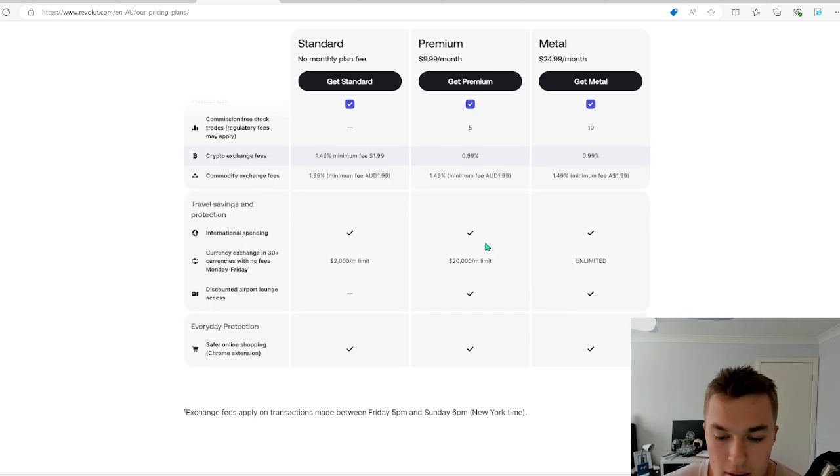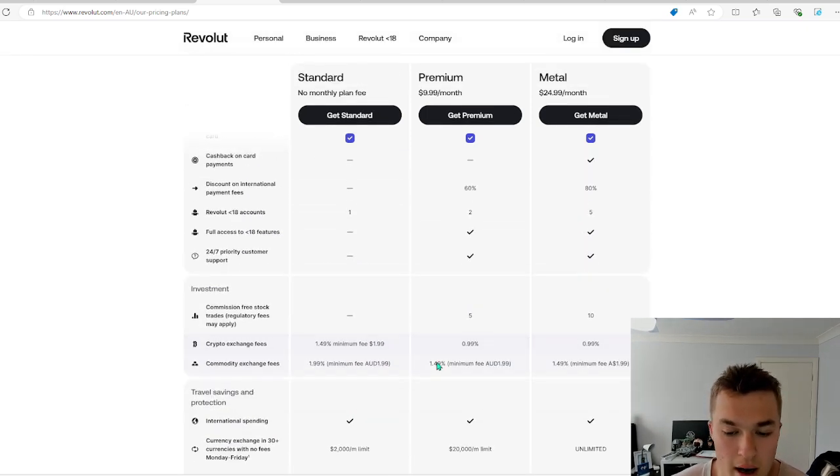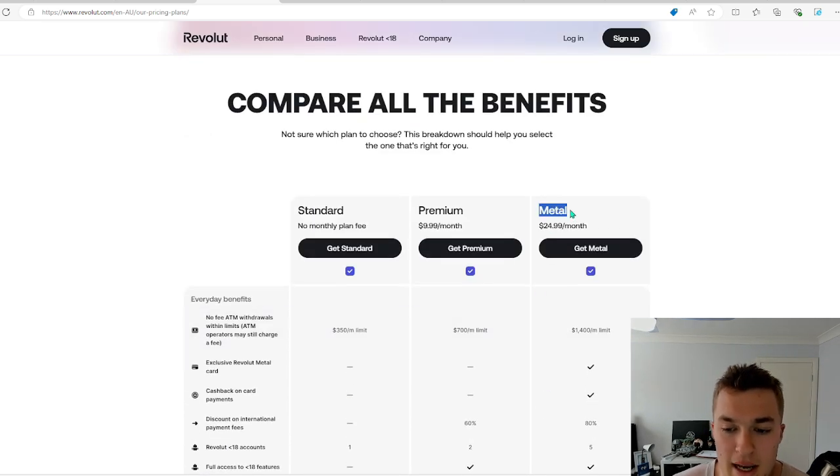Maybe if you're someone who is constantly changing currencies, doing large amounts, you've got to have a lot of money flowing through Revolut to have the savings make up for the monthly fee, because obviously Revolut wouldn't be offering this if it was costing them a lot of money. Obviously this turns a profit for them, that's why they offered this. So I think for the average person, just stick with the standard.